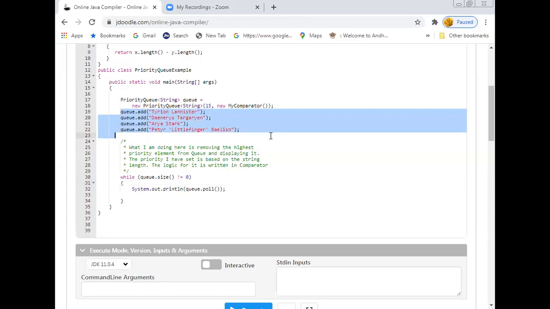Now, when we try to delete the element from the queue, what we are expecting, as I told you, is that the element which has the highest priority will be removed first, because in such a way the elements were stored. Because here simply we have written the statement like q dot add of some text. So while adding, this is the first element which we add. Next time when you try to insert the second element into the queue, the length of the second element is going to be compared with the first element.